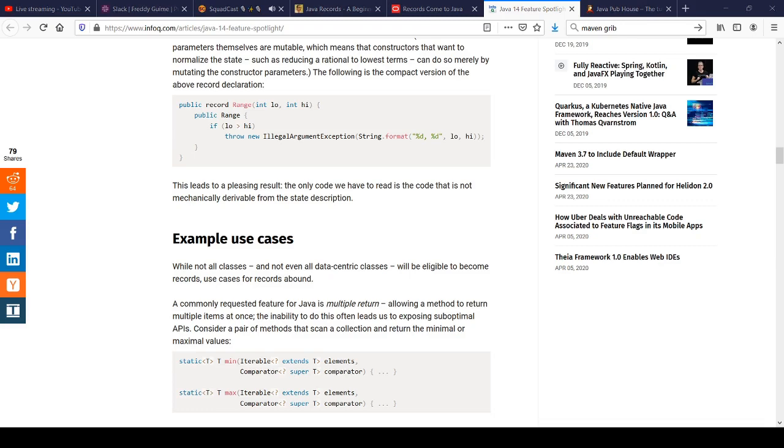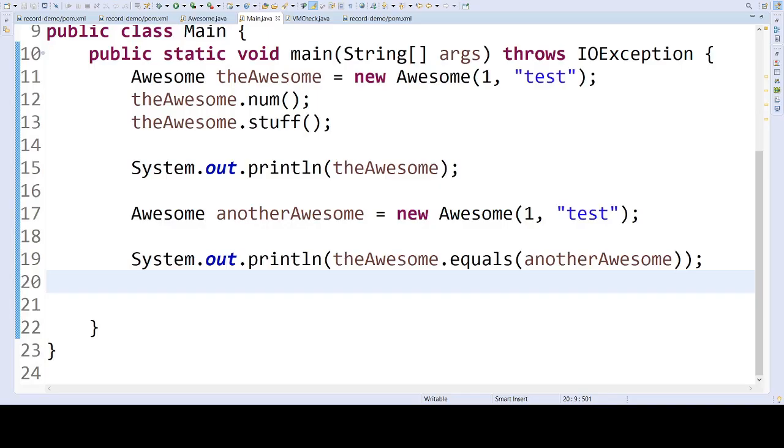Exactly. Those are all things that records help you enable. They have that ability to put business logic in if you want to, or if you don't, you have that option.